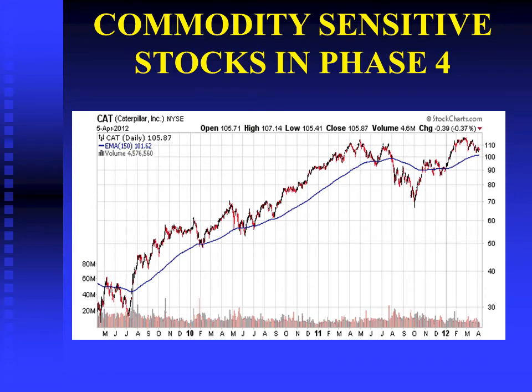Caterpillar is another stock where the company depends on the trend of commodities, and again this is the 250-day moving average. Notice again how commodities peaked in early 2011 and then again in the first half of 2012, and Caterpillar stock went down and then moved higher, went down again because of the weakness in commodities here and here, but overall has not done anything for more than a year.